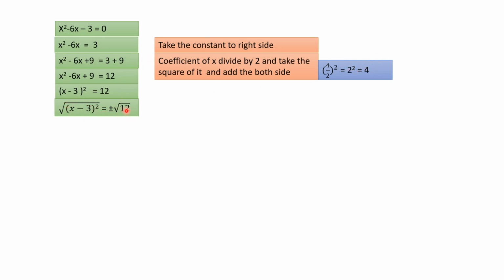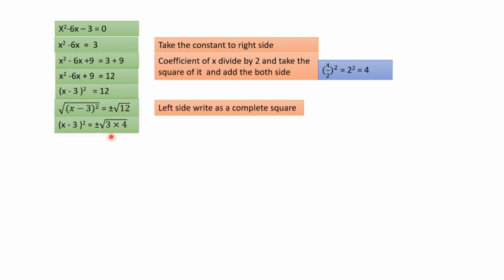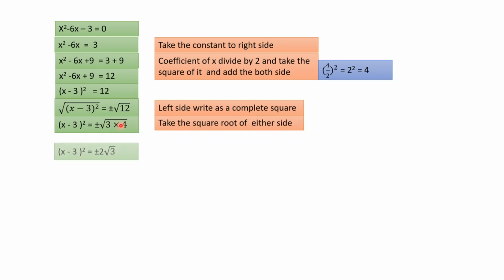At the exam they will give the square root of 3 equals some value, but for the square root of 3 you don't have to apply that. At that time you have to go with the surd. That means 12 can be 3 into 4. So you know what is the square root of 4? It is 2. Then you can apply the square root of 3 here. Then multiply these two and get x minus 3 equals a decimal value.